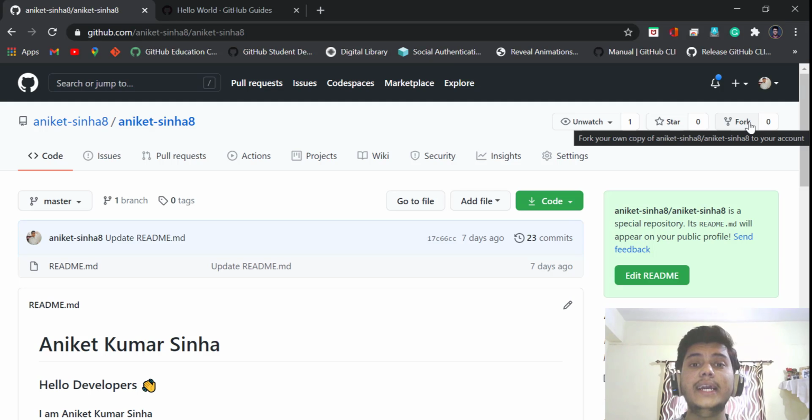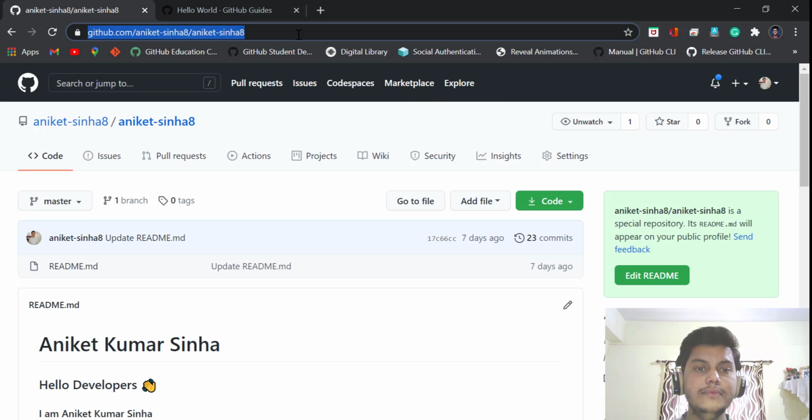So this will create a copy, the exact same copy of that repository in my account with the same name. And then I can work on it and then send a PR, pull request, with the updated or the changed one. And if the real user of the main repository wants to merge it, and if he finds that yes, it is a good one, he wants to merge it, then he can merge it.